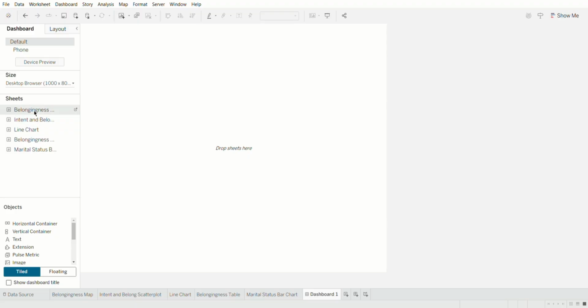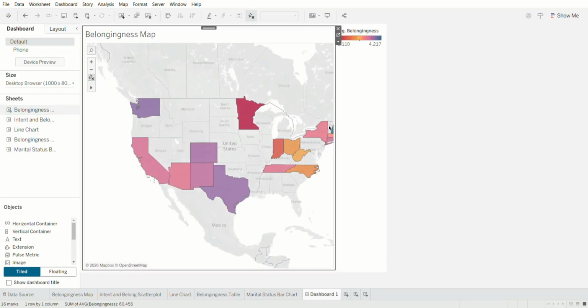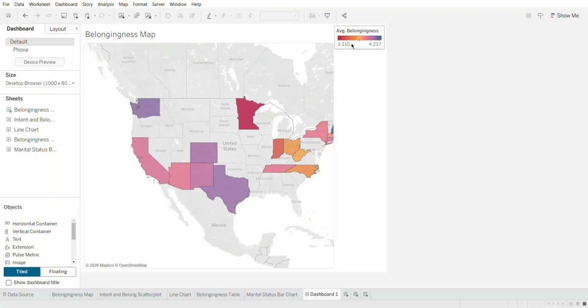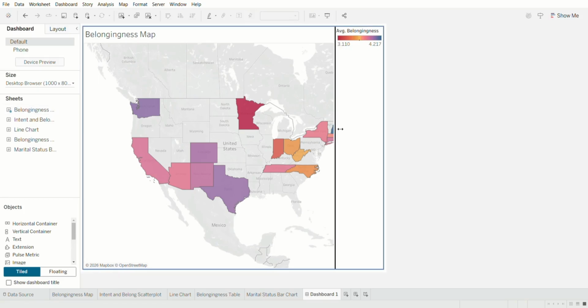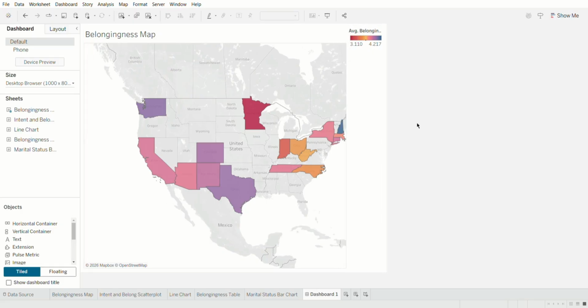So for me, this is going to be a heat map. I'm just going to drag it over, and it's going to fill the shaded area. And as you can see, two things happened. I got my heat map to show up, and I also got the key for the heat map to show up. And so two things I'm going to do right now are I can resize my heat map by making sure the two arrows show up,